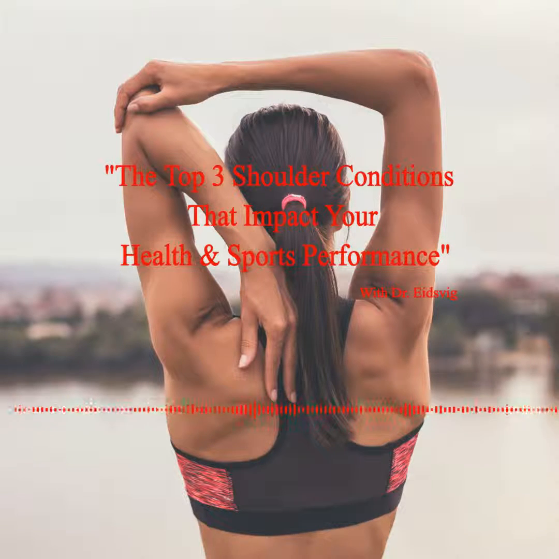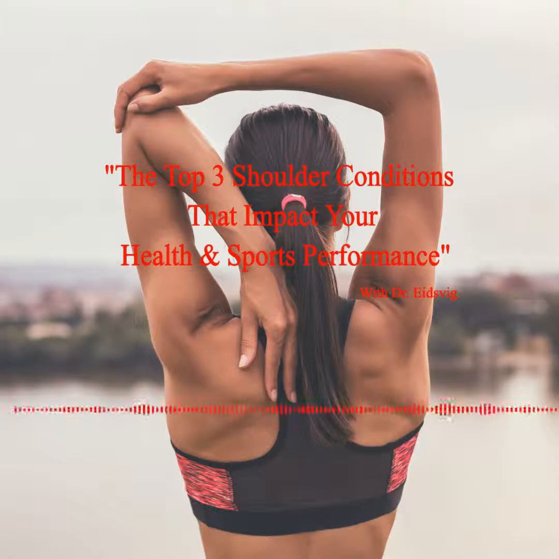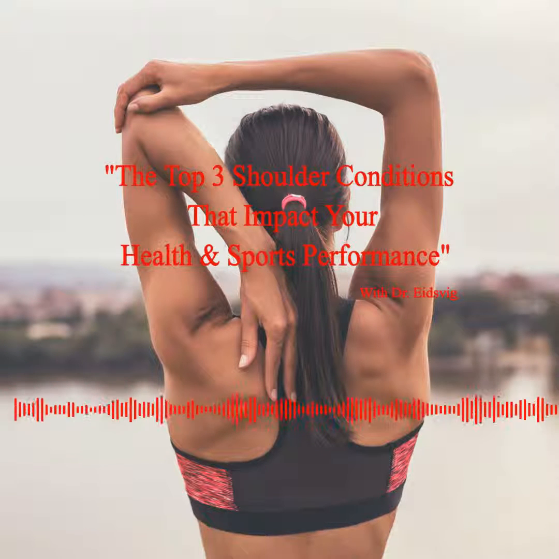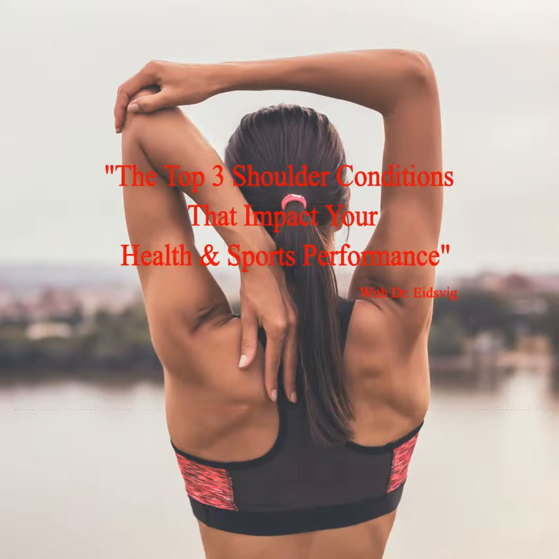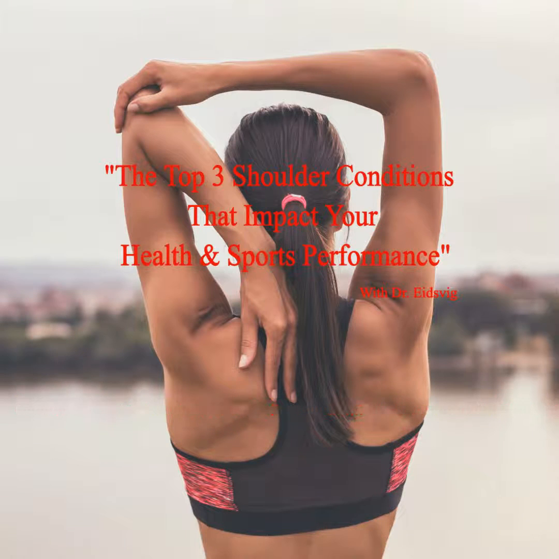What exactly is that? So when we look at the anatomy of the shoulder, what we have is the rotator cuff. That is a muscle group, a variety of muscles that control the shoulder itself. They allow for proper movement. The shoulder has the most amount of movement out of any joint in the human body, so it has to have a lot of control and a lot of stability to withstand pressure and load, like we've discussed in other shows. So the rotator cuff and the ligaments in the shoulder are the stability and movement factors that we need to have for proper, healthy shoulder function.